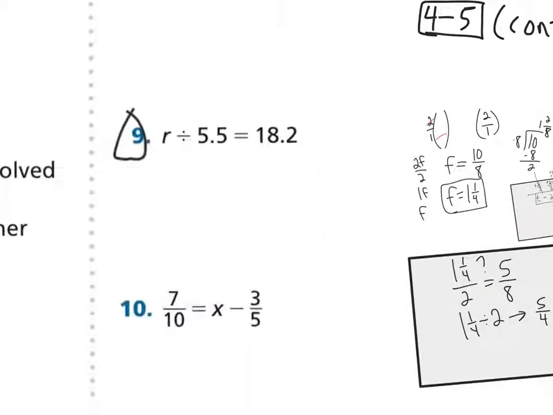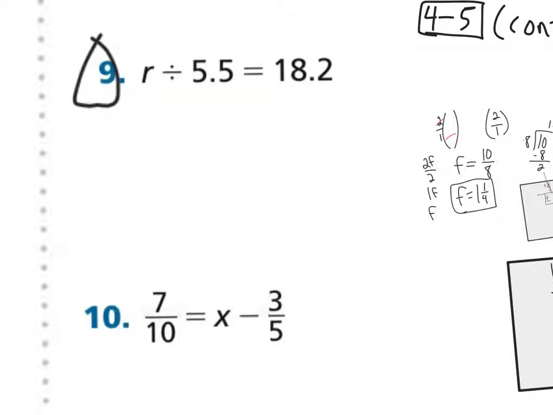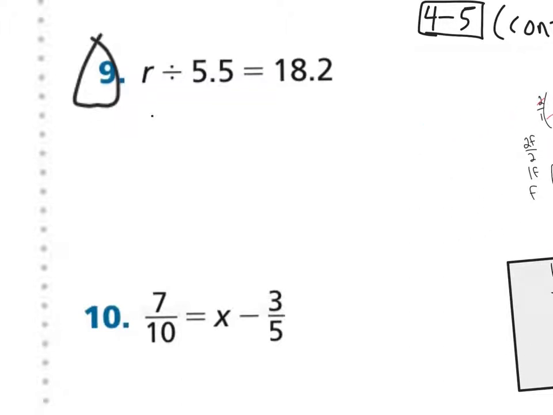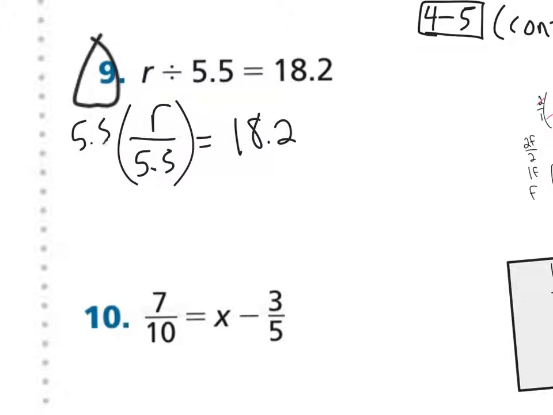So if we look at number 9 next, 9 they've got written this way. It could be written like this also. That's how you'll normally see that written as you go on in math. So this one they're dividing, so we need to multiply. They're dividing by 5 and 5/10. We're going to multiply by 5 and 5/10. And then to multiply that out,